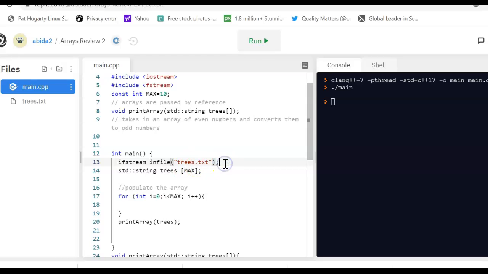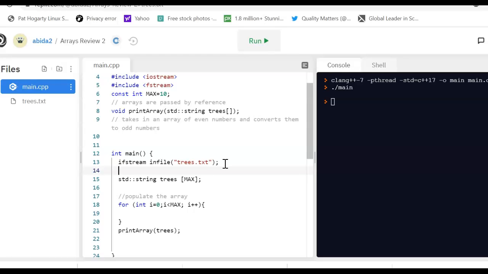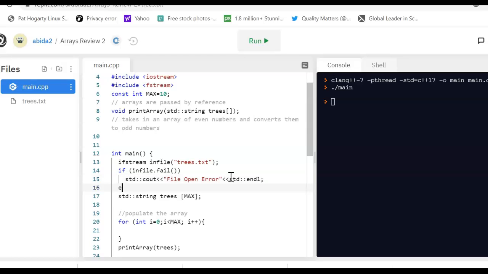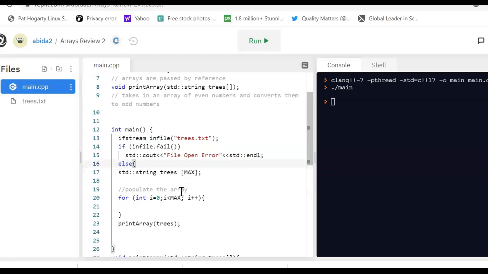We have done this before. And then we know that if we are able to open this file successfully, if infile.fail, i.e. we were not able to open this successfully, then what we are going to do is simply say file open error. Nothing more can be done. Therefore, we would need to exit this program. And else is where everything else happens. And here we go to populate